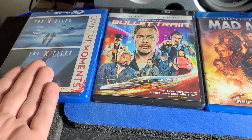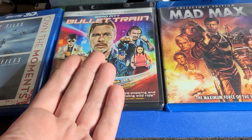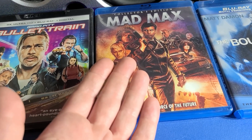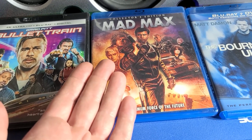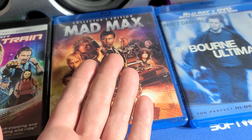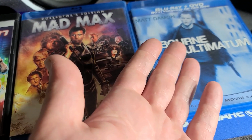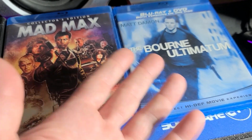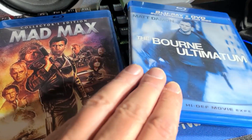Blu-rays can be over 50 gigs, as we saw here. Ultra HDs can be 100 gigs. DVDs potentially can be almost 19 gigs, 18.8 gigs. And even a Blu-ray in the right kind of, if they ever made one, could be 100 gigs itself, as we saw here, which has 2 layers of DVD and 2 layers of Blu-ray, which is technically a Blu-ray disc with more than 50 gigs of capacity. So anyway,